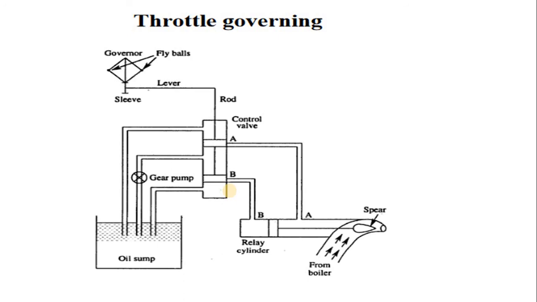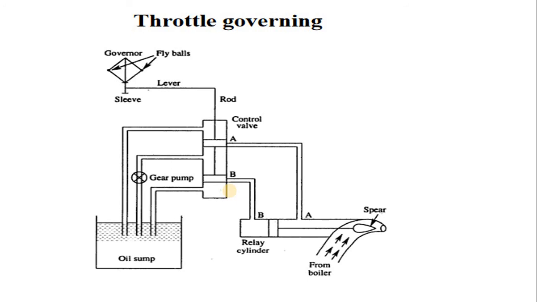Similarly, when the load on the turbine increases, the speed decreases. So again it becomes a problematic issue. In order to maintain a constant speed irrespective of the load condition, we must provide a governing mechanism. So we will first discuss the decrease in load condition. The decrease in the load during the operation of the turbine causes an increase in the shaft speed.